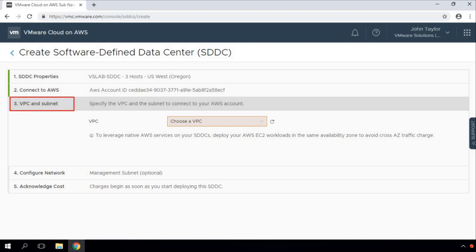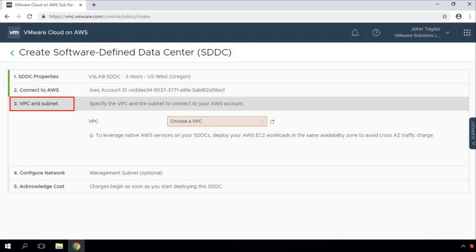As you remember, whenever we are deploying our SDDC within AWS infrastructure, we need to provide two important pieces of information. The first is the VPC in which we would like to deploy our SDDC, and within that VPC, the subnet we would like to deploy our SDDC into.